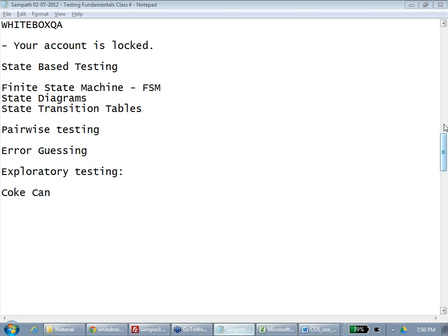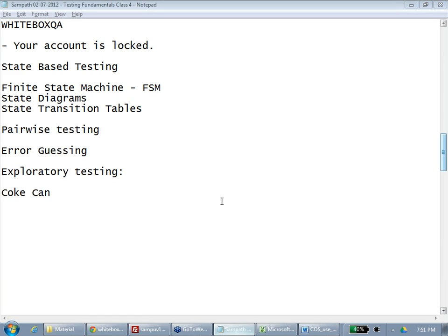Snap the handle without much force. The Coke should not spill, and I should be able to drink it nicely. Very good. While we open, if you try to put more force, the handle should not break. Come on, come in a pattern, equivalence partition.